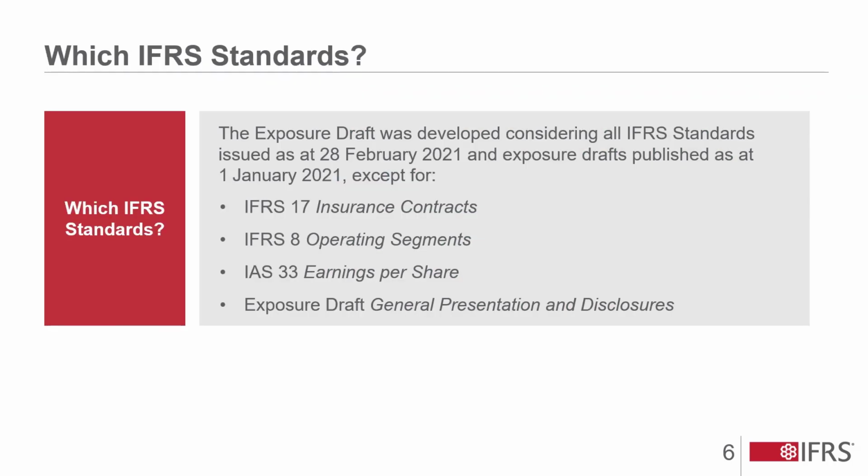As I mentioned earlier, developing the disclosure requirements involves comparing the recognition and measurement requirements of IFRS standards and the IFRS for SME standard. However, there are some IFRS standards that apply only in specific circumstances or only some companies are in scope. For example, IAS 33, earnings per share, applies only to companies that are traded in a public market. In developing the exposure draft, the board needed to decide whether to propose reduced disclosures for these standards.